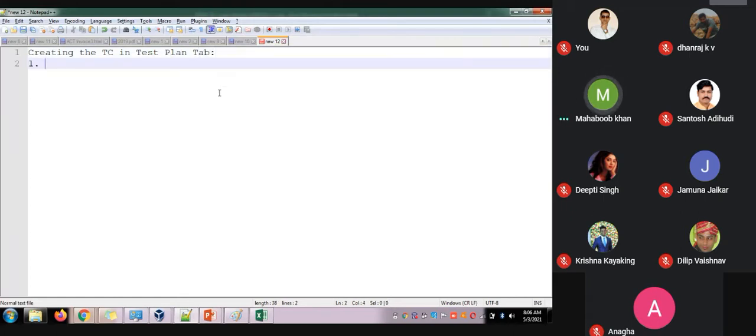First point. Go to the module where you want to create a test case, test scenario and test case. Second point.